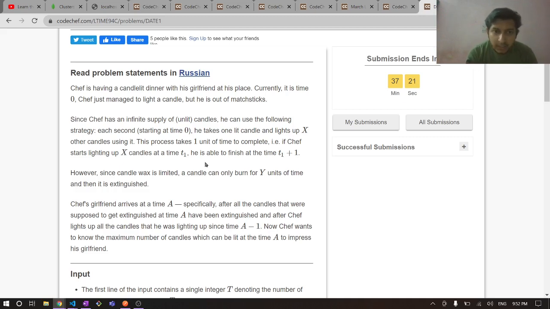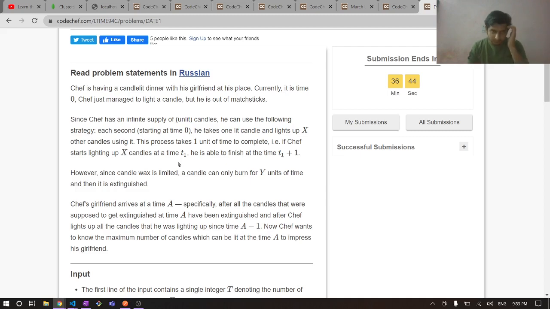Okay, and now Chef's girlfriend will arrive at time A. Simple. So this is a simple thing that I'll keep on adding candles, but there is a limitation that every candle will burn out, or just finish, after y seconds, or y units of time. So this means only those candles which are burning for less than y units of time from the arrival of his girlfriend